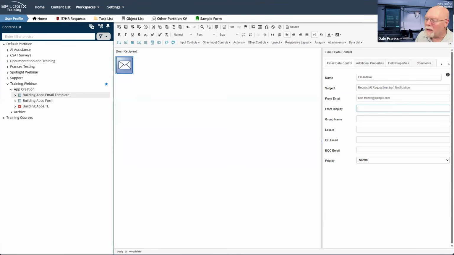So I could set my own from email address and set it to me. And the reason why you might want to do this is if the user does reply, you might want that email to go somewhere other than the unattended no reply email address that normally sends the notifications. If they hit reply, you're going to want them to be able to reply to a person. Now, this is not always true, but it is often true.